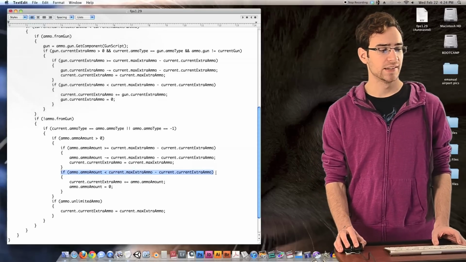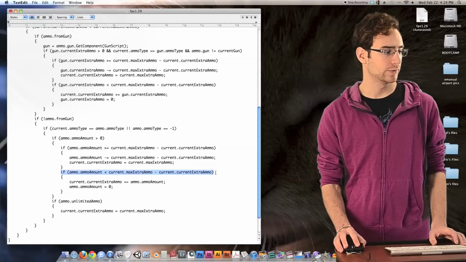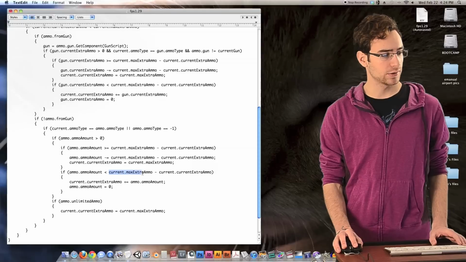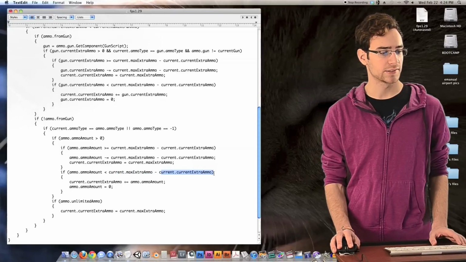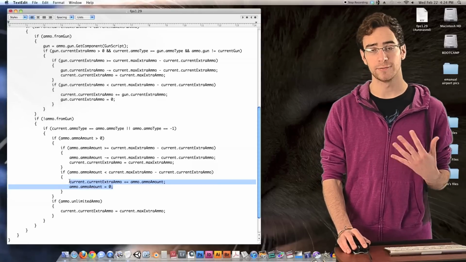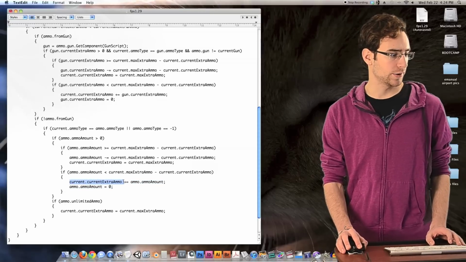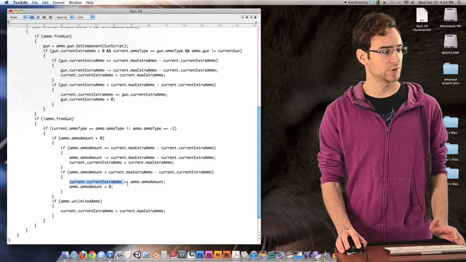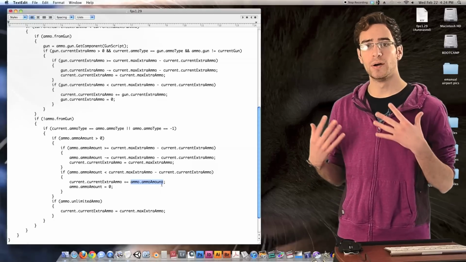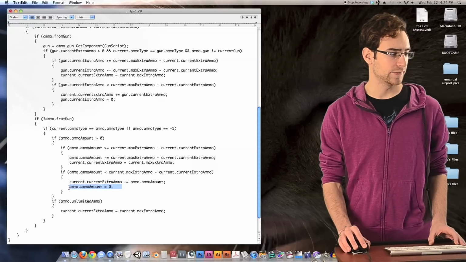Next, we have an if statement. If the amount of ammo in the ammo crate isn't enough to give us full ammo, or if ammo.ammo amount is smaller than current.max extra ammo minus current extra ammo. So if the ammo crate doesn't have enough ammo to give us full ammo, then we're going to run these two lines of code, which are current extra ammo plus equals ammo.ammo amount, or basically we're going to pick up all of the ammo that we can, and then we're going to set the amount of ammo in the ammo